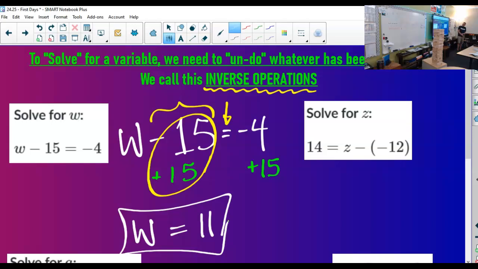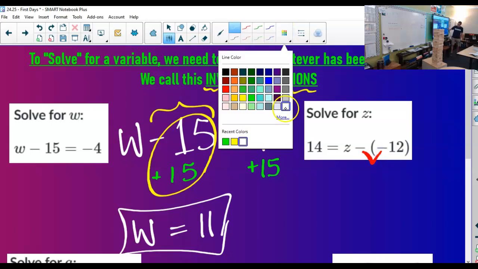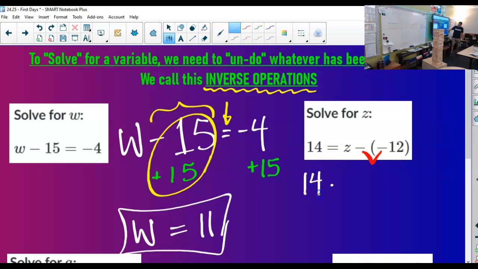For Z, is there any alarm going off in your head when you look at this Z expression? There should be some kind of alarm bell of, oh, I can make this easier. Josh? Yes. So with the thing we just learned, minusing a negative equals a positive. So this is really 14 equals Z